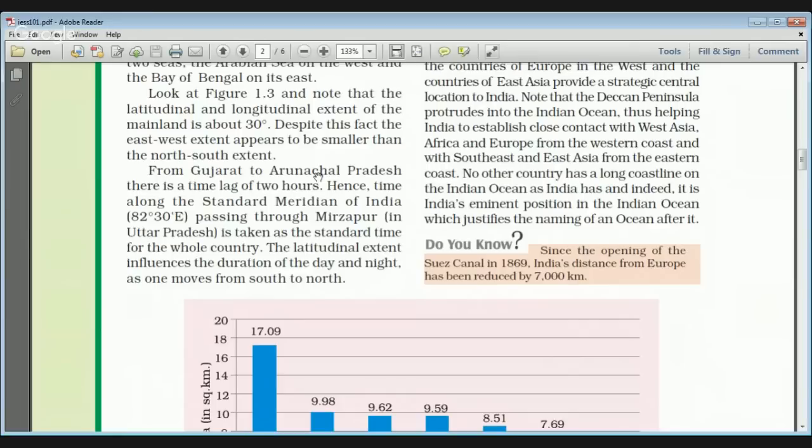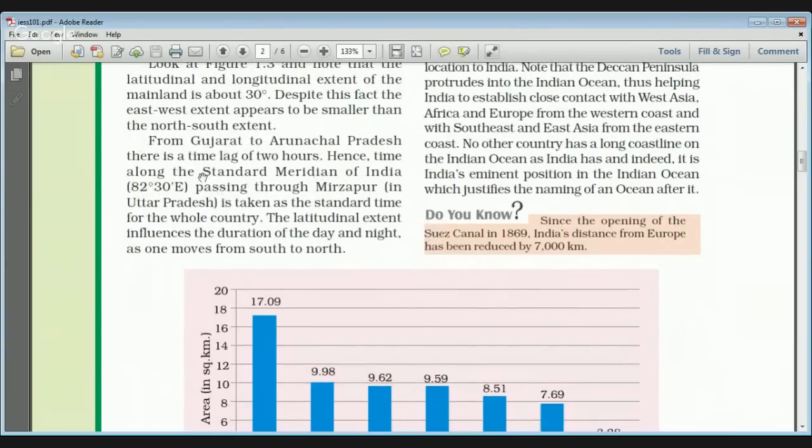So it appears broad at the equator, but as we go away from the equator, the longitudinal extent decreases,